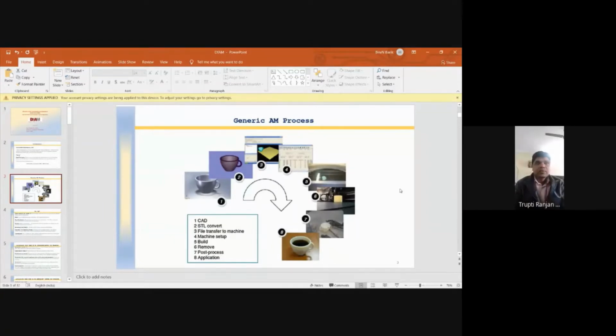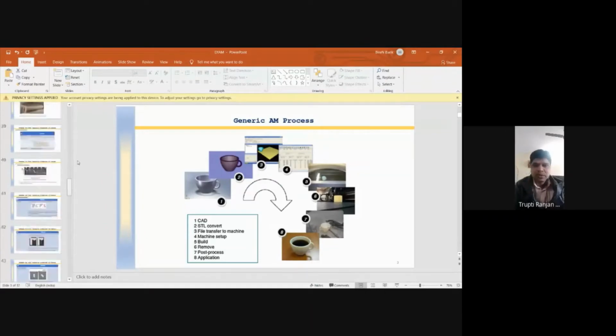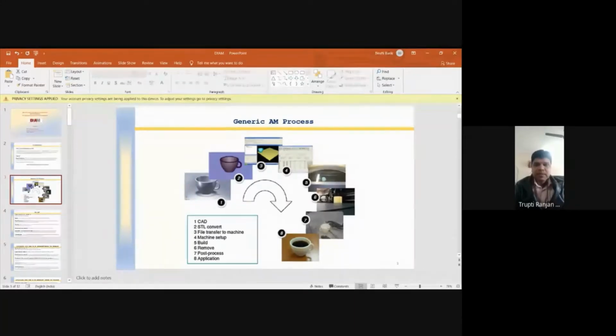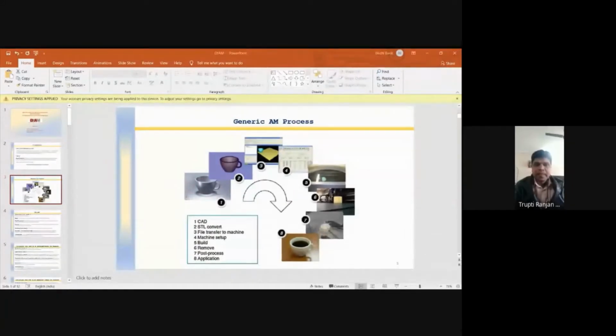Sir is a very well-known figure for his teaching as well as administrative ability. He graduated from College of Engineering Technology, Bhubaneswar, Orissa, and did his masters from NIT Rourkela, then PhD from Sambalpur University.